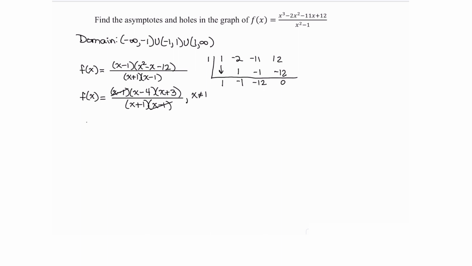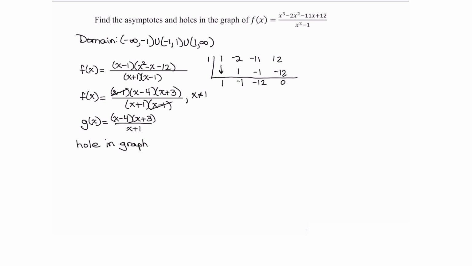Now we're going to set up a new function g of x, which is the simplified form of the original function f of x, and we can work with this the rest of the way through the process because f of x and g of x agree at all x values except at x equal 1. Now what about what information we get from this? Well, one of the pieces of information we get from this is we have a hole in the graph